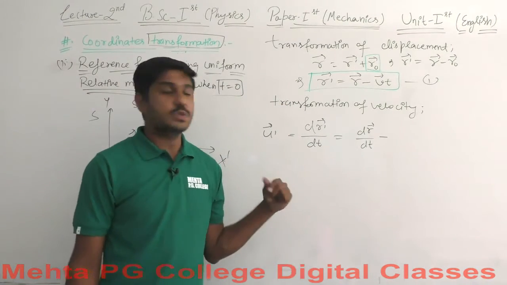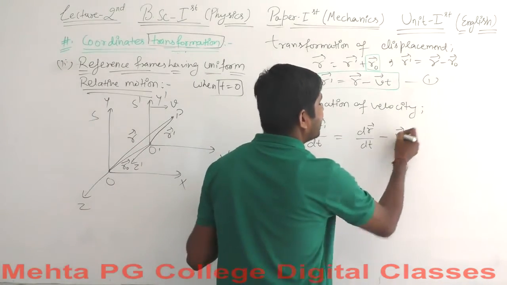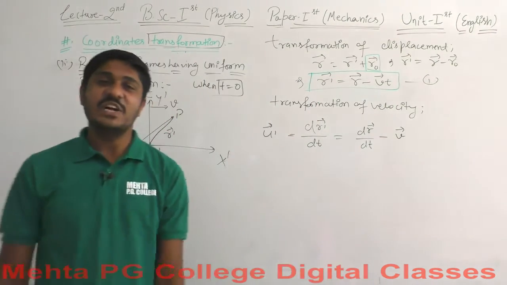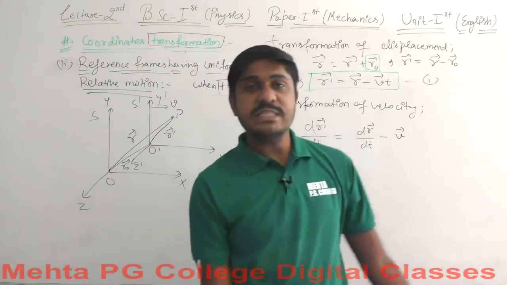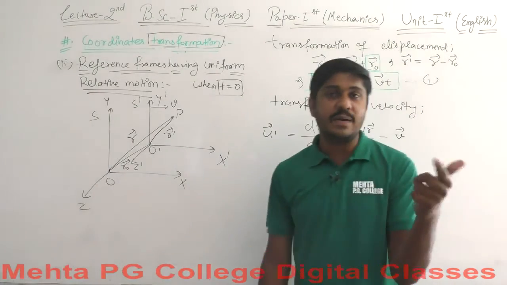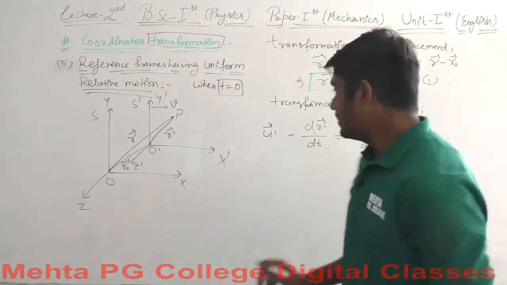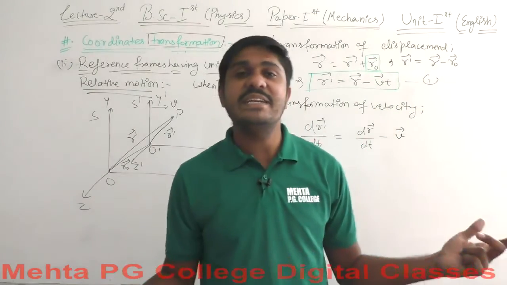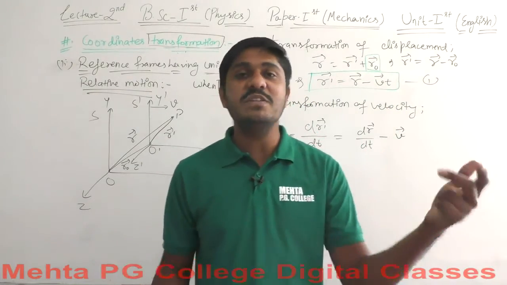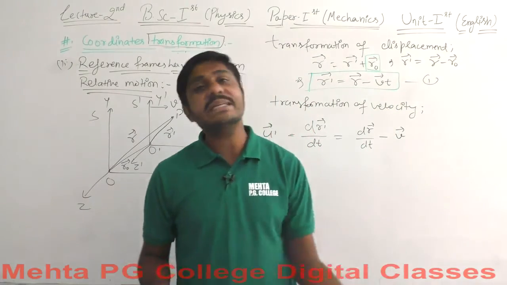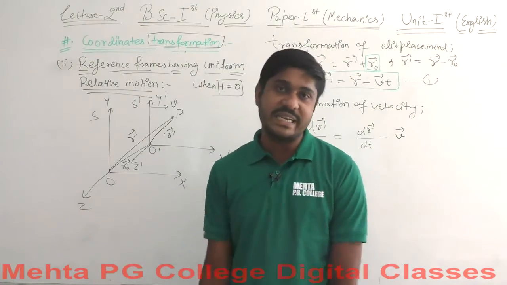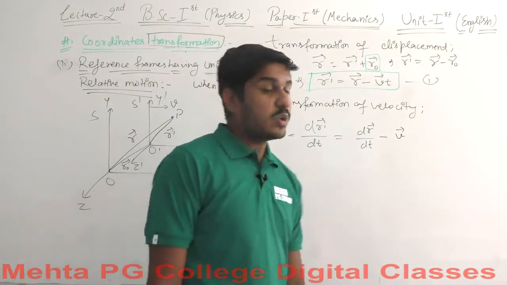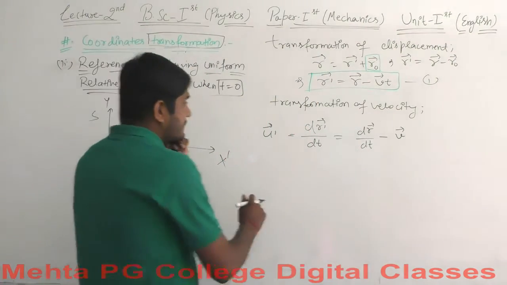Now the next term comes. This is the v vector only. You remember why? Because it has the time t component with it, so it will be differentiated, and only the v remains. The differentiation of the same quantity equals 1, just as dx over dx equals 1, so dt over dt again equals 1. So the remaining is the v here.